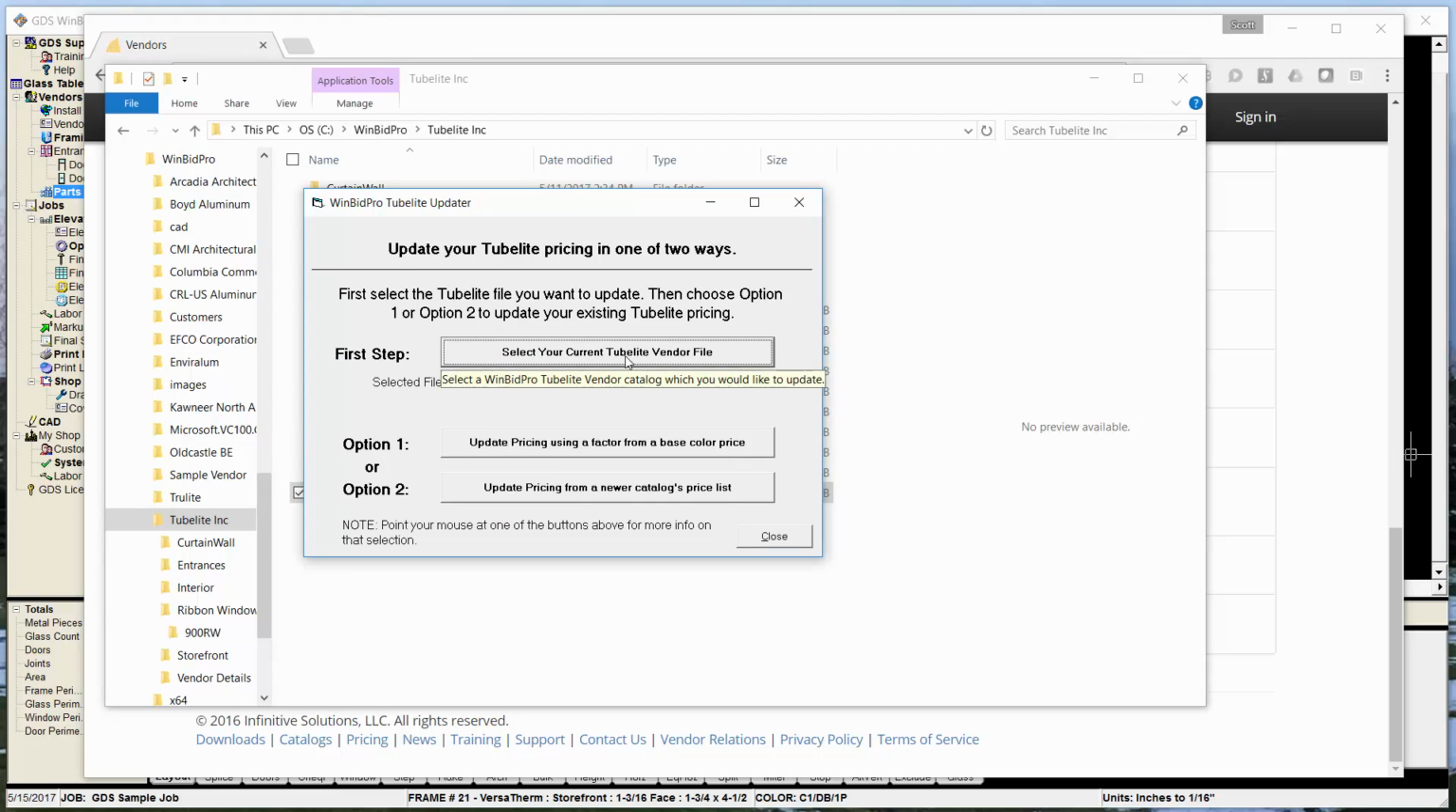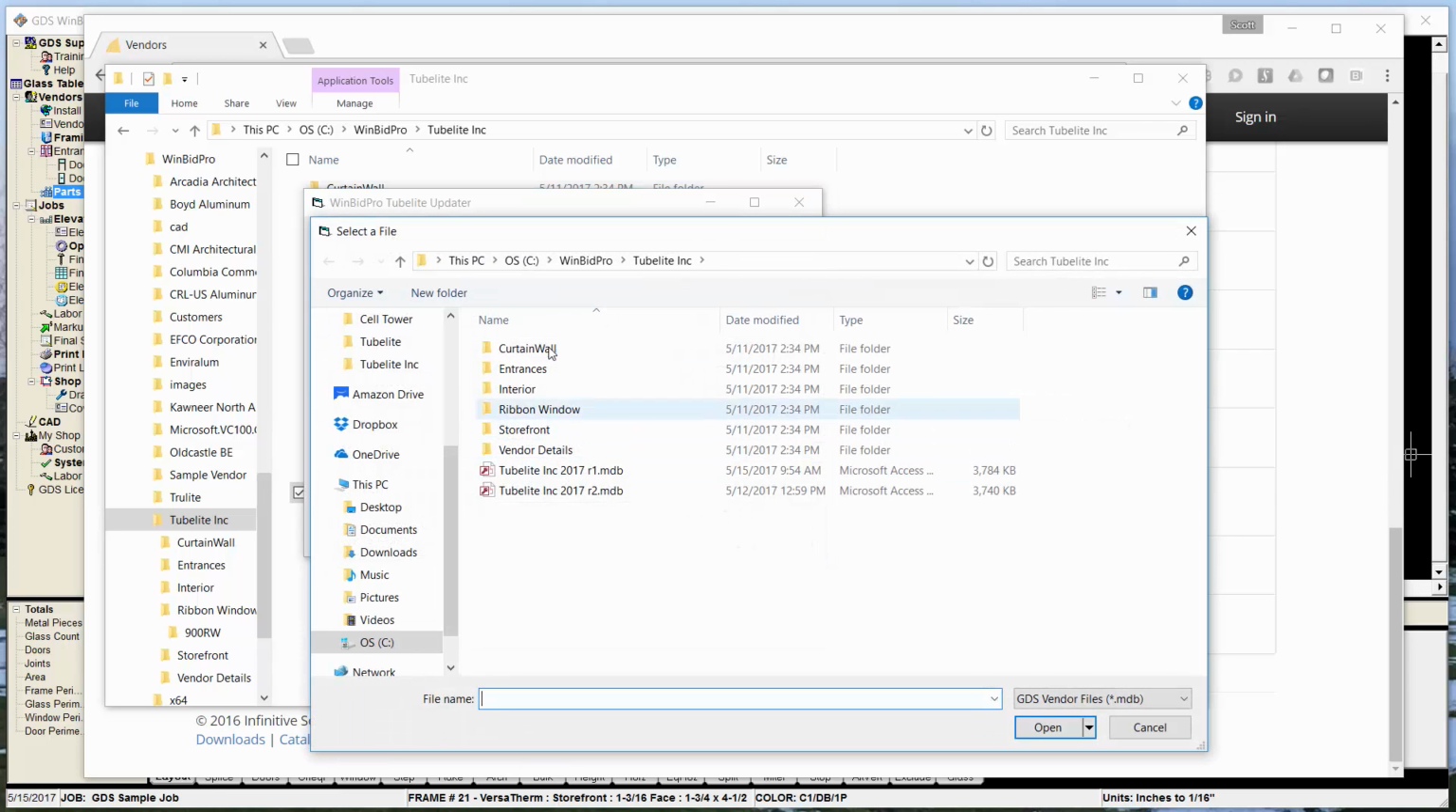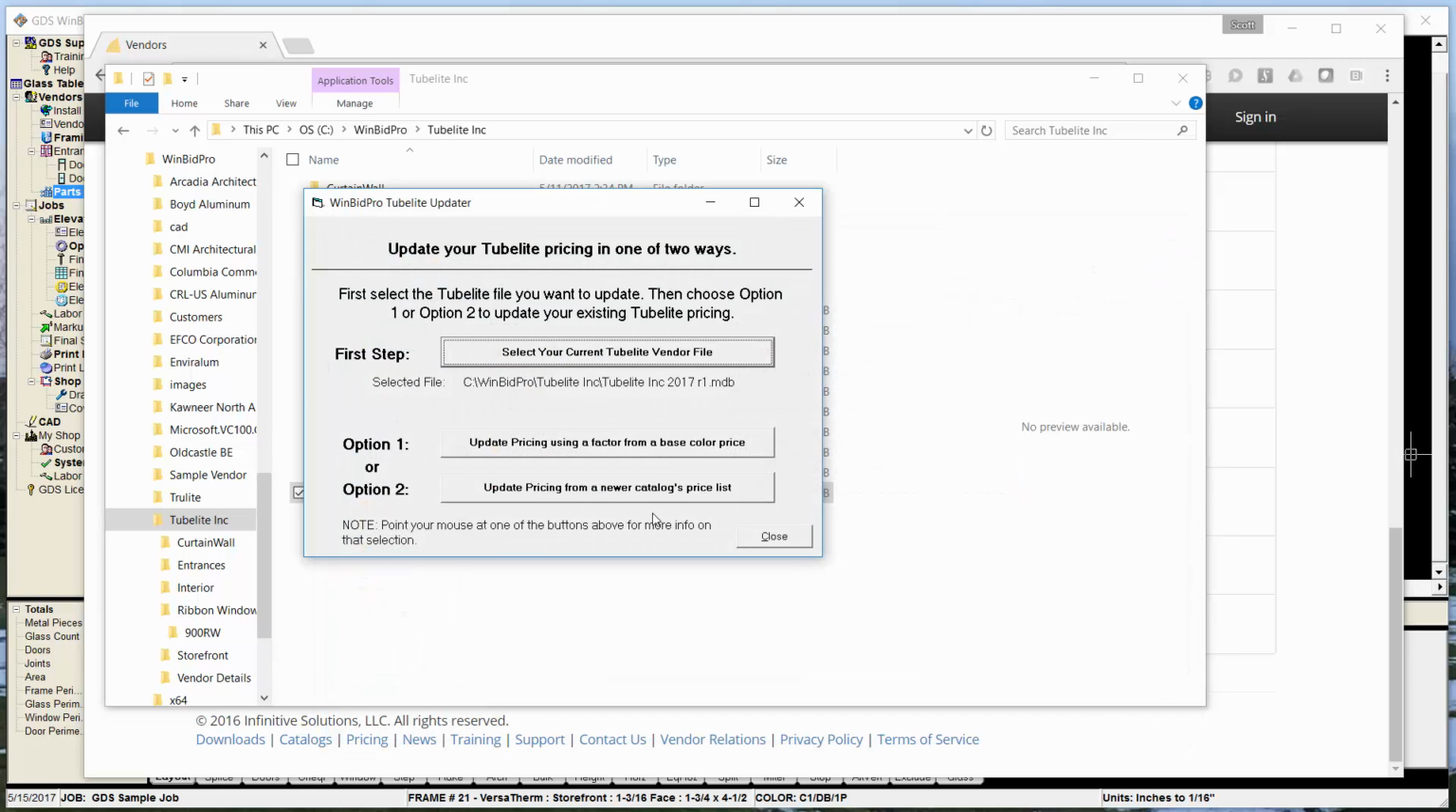And then this is where we're telling the program which catalog we want to update and which one the update's coming from. So the first step is picking the older catalog that we're updating, and we hit open. And then the second step in this case is what we want. We want to update pricing from a newer catalog's price list. Now,